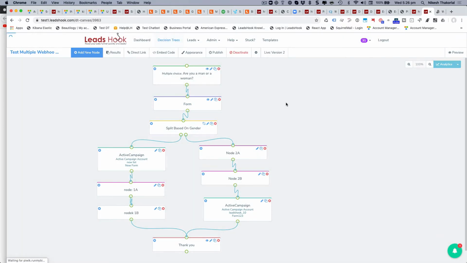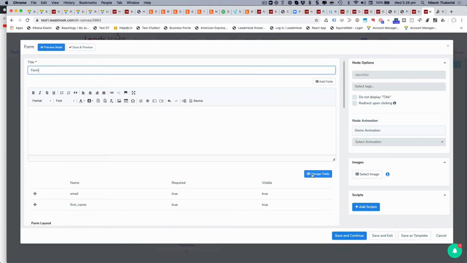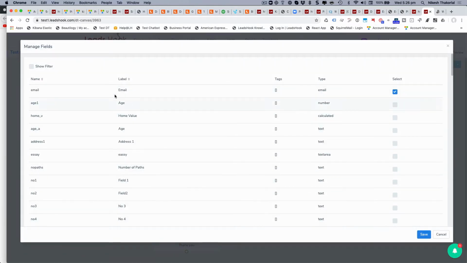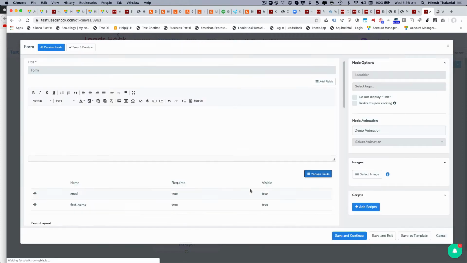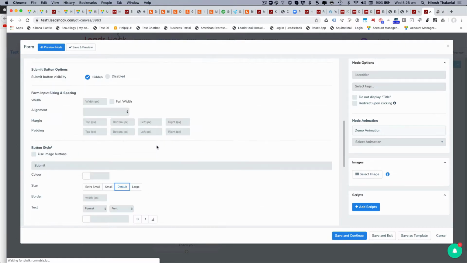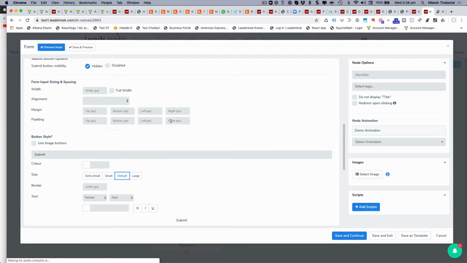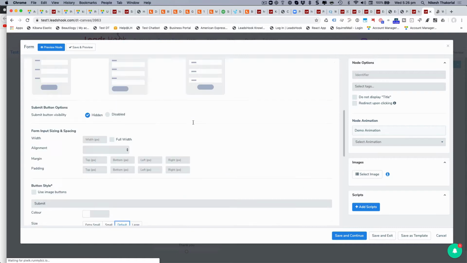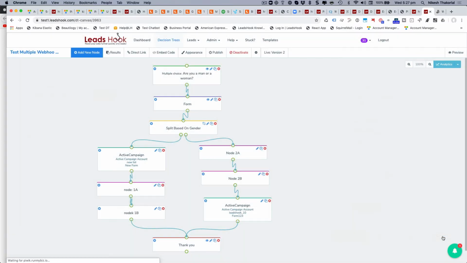Cancel out of here. Second step, I've got a very basic form. Just added in name and email. It's email first, name second, and basically just a very simple call to action, submit, nothing fancy or complicated here. Then I've got a decision node